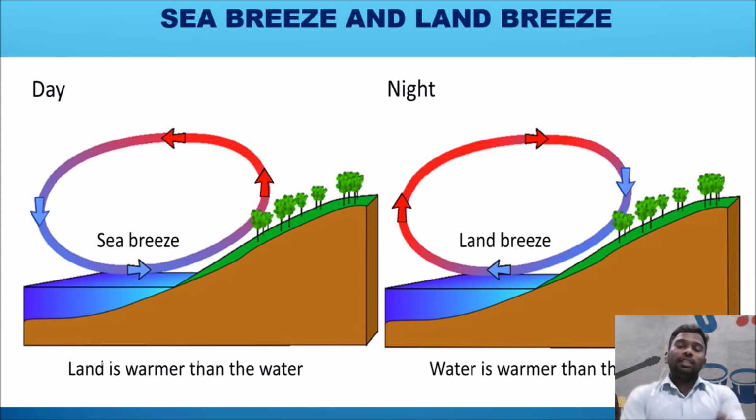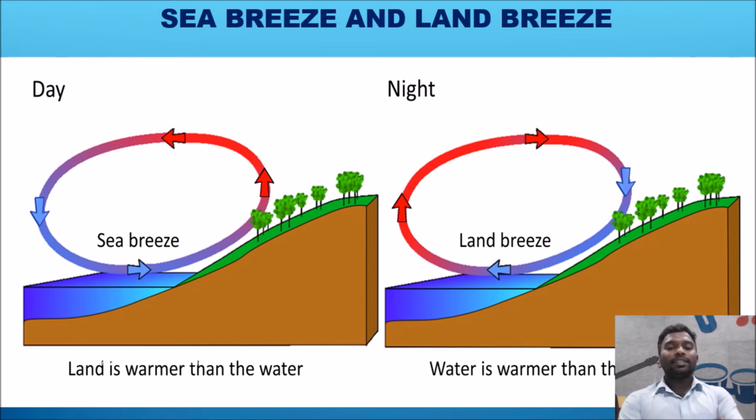Here the sea breeze especially occurs at the time of day, and in the daytime land absorbs more heat energy than the water. In this particular situation, the land becomes a hot object. When it becomes a hot object, the air is trying to escape from the particular place which is very hot, right? In the same way, water absorbs less amount of heat from the sun, and the remaining lower layers of the water are still cool. This is the way cool air is present on the surface of the water.